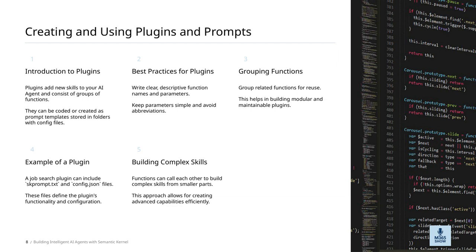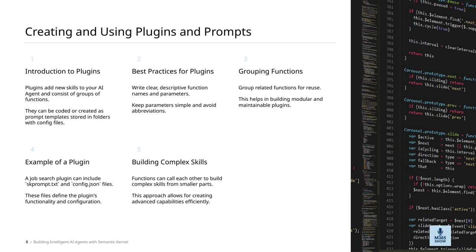Additionally, writing clear, descriptive function names along with straightforward parameters is considered best practice. Keep your parameters simple and avoid abbreviations that might cause confusion later. Remember, plugins are essentially collections of functions that add new skills to your AI agent. They can be coded directly or created as prompt templates stored in folders with configuration files, making them flexible and